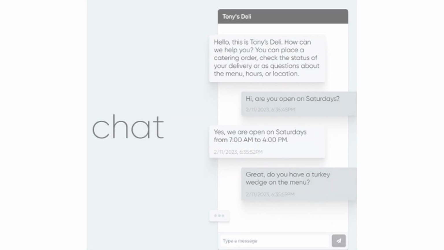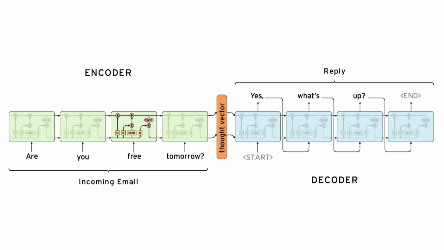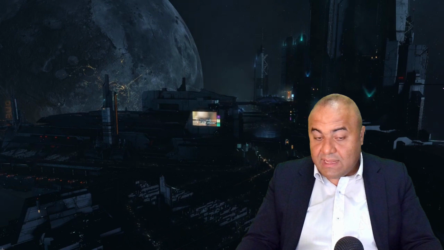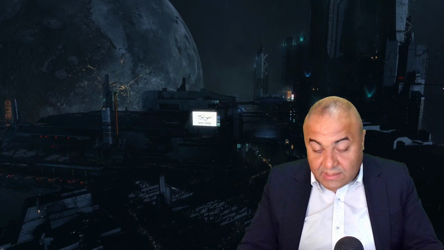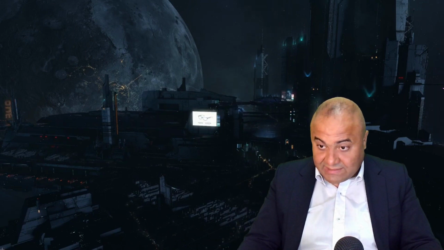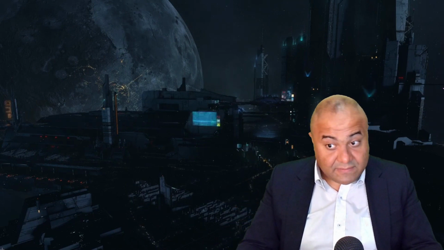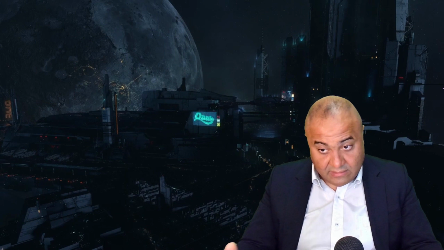These chatbots use advanced machine learning models such as recurrent neural networks or transformers. The models are trained on massive text datasets, learning language patterns and the context of the chat. When a user message is received, the model generates a response based on what it has learned about the patterns and this specific user's question or message. It will generate a specific answer for that specific question, based, of course, on the patterns it learned.